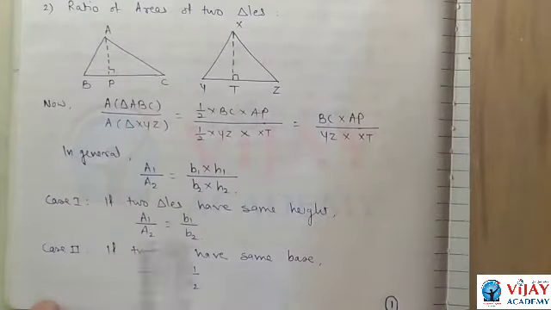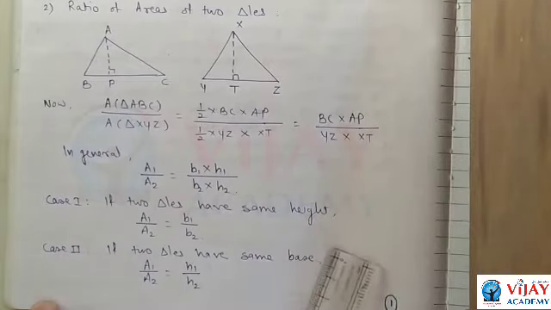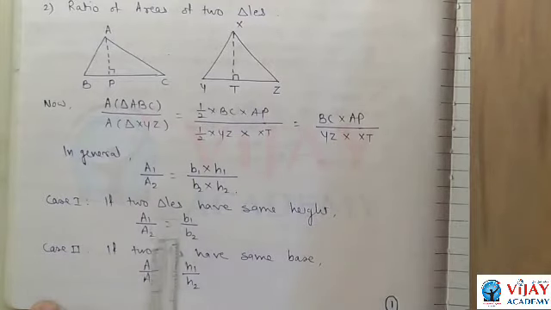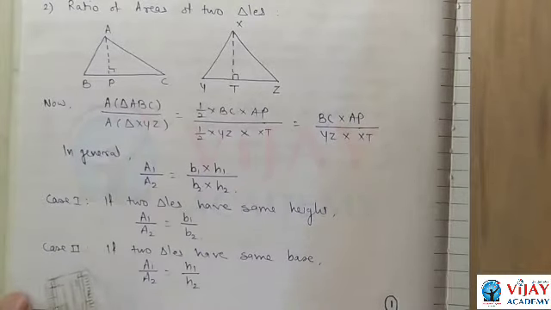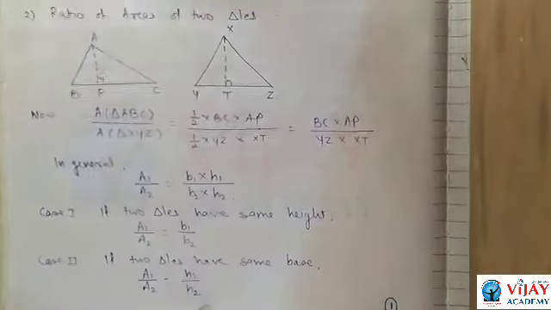Case first, if two triangles have the same height, then A1 upon A2 is equal to B1 upon B2 because height gets cancelled. In case second, if the two triangles have the same base, then A1 upon A2 is equal to H1 upon H2. Now we'll discuss